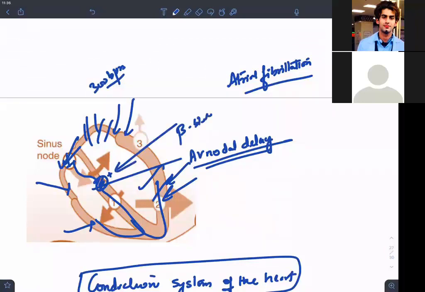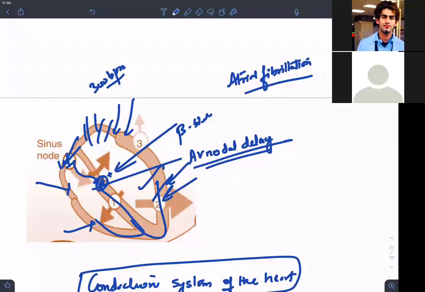So do you think that the vagus should be stimulated? Do you think that vagal stimulation can also cause AV nodal block? Do you remember when I told you that I told a patient once in my lifetime, a patient came to me and I told him to please go to the washroom and do some straining, because I was actually activating his vagus and I knew that AV nodal delay will increase.